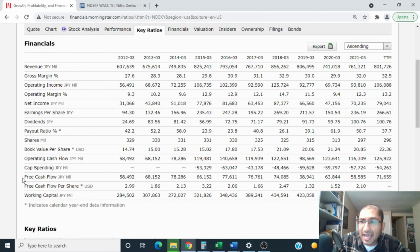Finally, looking at the free cash flow. The free cash flow is what we get when we subtract the capital spending from the company's operating cash flow. Back in 2012, the company's free cash flow was about 58.5 billion yen, and for the trailing 12 months, it's about 71.7 billion yen. Ideally, we want to see the company's free cash flow to be positive, staying steady or